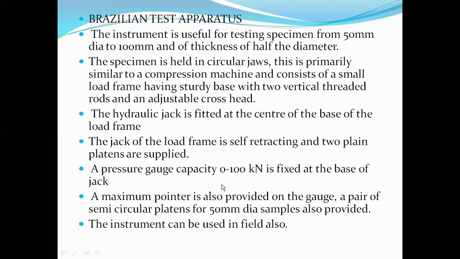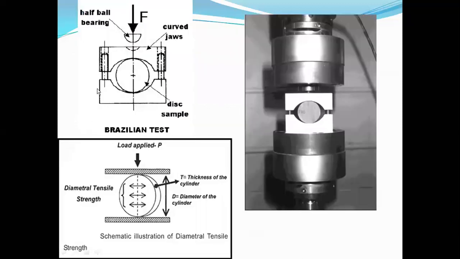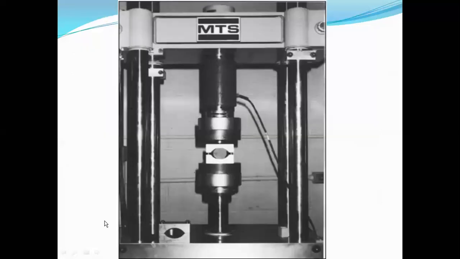Let's see. Yeah, this is what the instrument is. So this is the circular platens. This is where the load is being applied. This is the laboratory equipment. This is what we just discussed a few minutes back. What do you call the load in this case? Since it is called the indirect method, even though you are applying a load which is of compressive nature, we will be determining the corresponding tensile strength of the specimen in an indirect way. That is why it is called the indirect method of determination of tensile strength of the specimen.